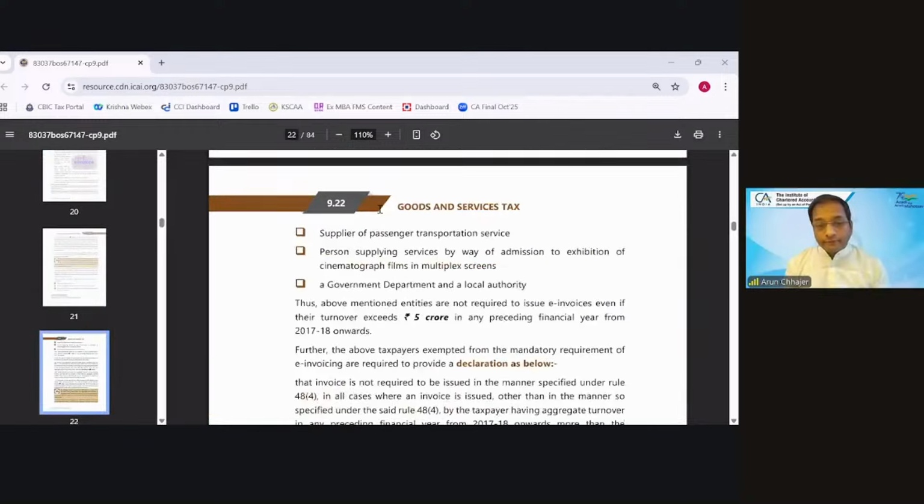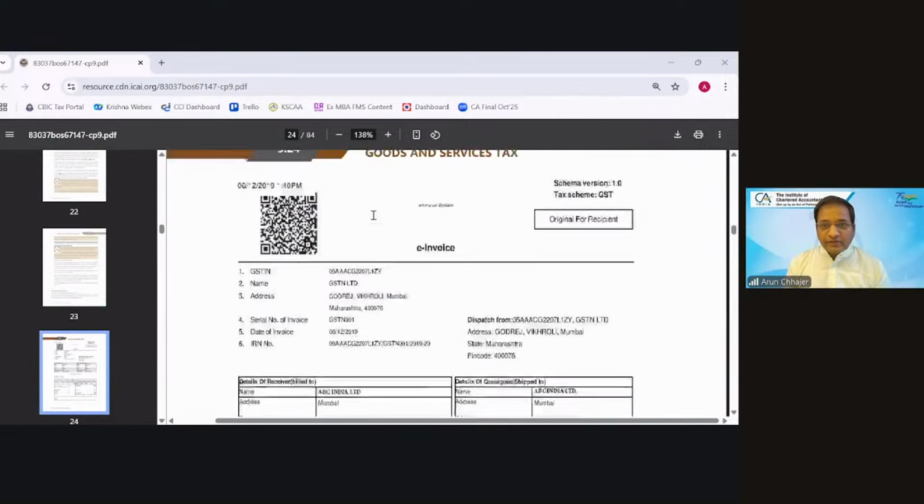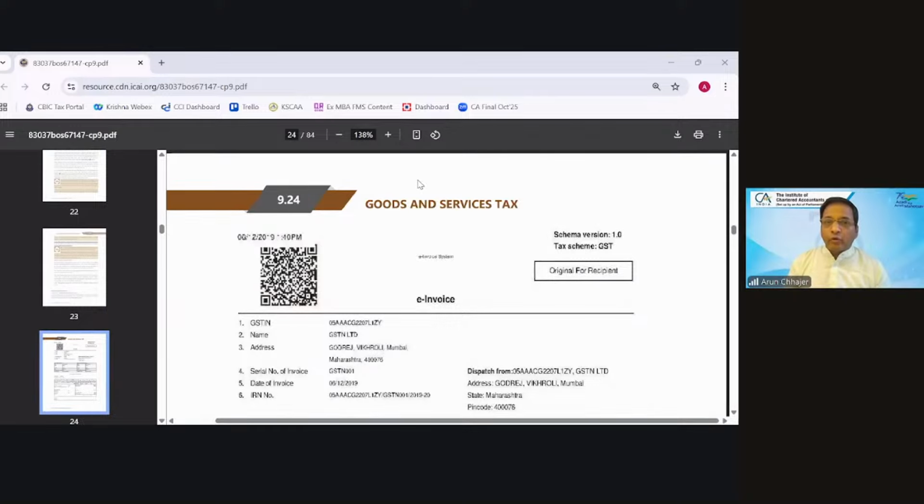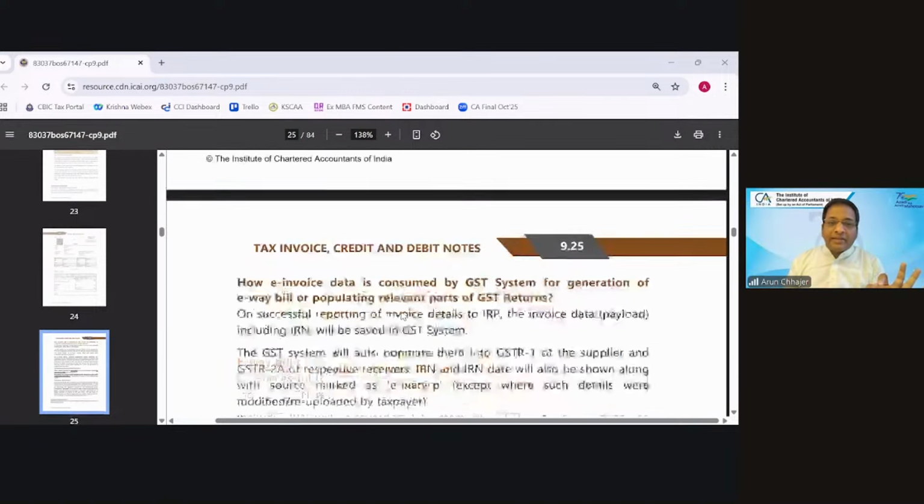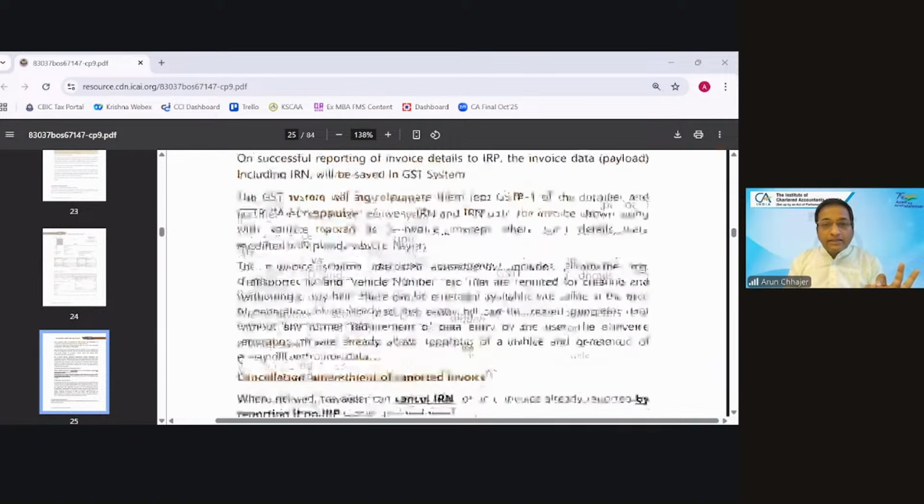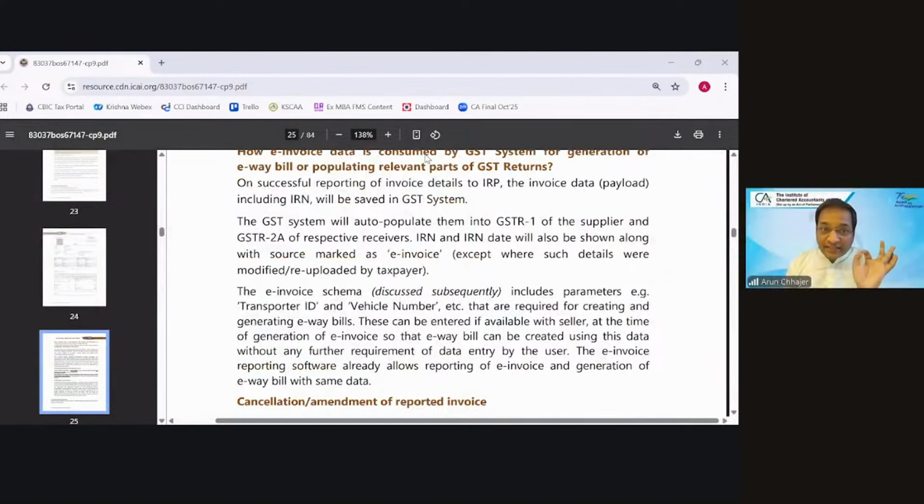Now, e-invoicing would be like this: there is a QR code. When you push the data, then they will provide you the output as QR code. You can attach the QR code. What is the time limit to prepare the invoice? The time limit to prepare the invoice is